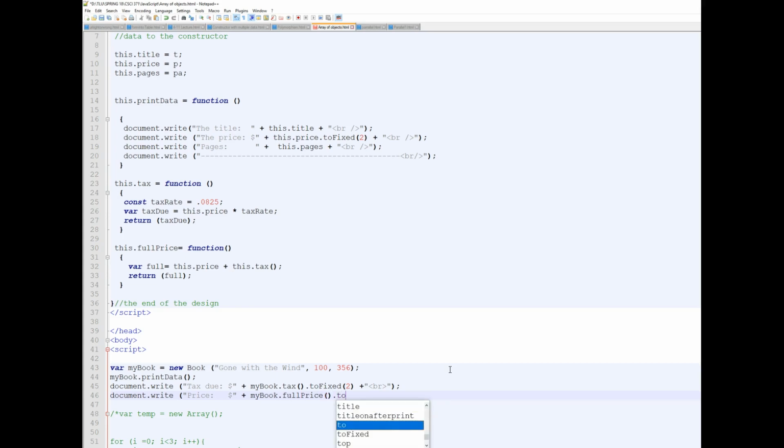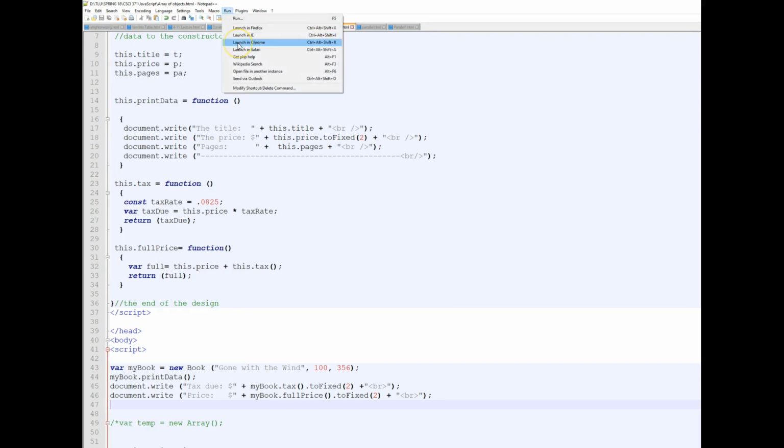I also could go ahead, knowing that this function is going to return a number, and use the toFixed function to format it the way I want it. I could add another line just to see here, and I will save this one here as well. So let's run it. Hopefully we'll have the title of the page, the number, the price, the title, number of pages, then the taxes, and eventually the full price for it. Here we go. Excellent. It was $100. So we know that based on $100, we should get $8.25 for the tax. So the full price will be